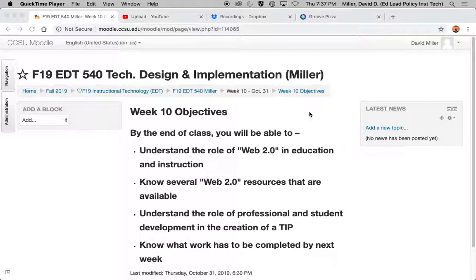So next week's assessment piece and a little bit the week after is the last main new thing. Beyond that, it's really mainly about the technology integration plans and the Moodle Cloud projects, and just spending time getting those done. And as I said in my texts, you'll have some time tonight as well. What I have planned for tonight is not going to go all the way to the end of the night. So like we did last time, if anyone wants to stay and get some work done or have some questions or things you want me to look at, there'll be some time to do that tonight as well.